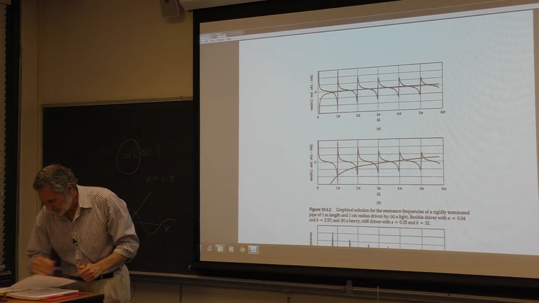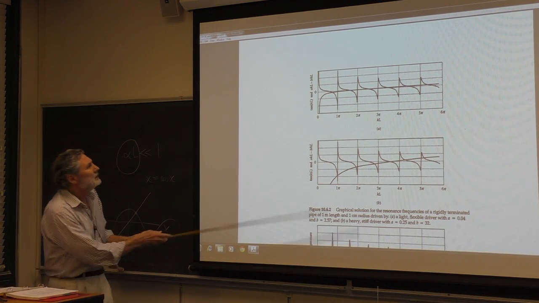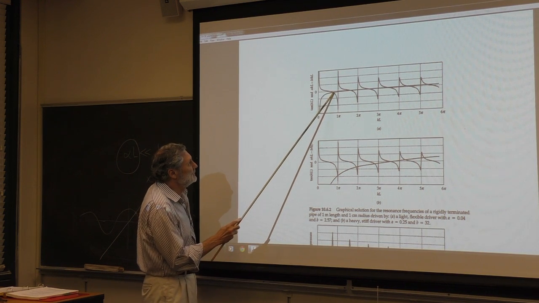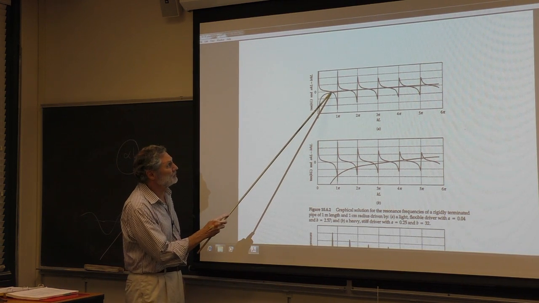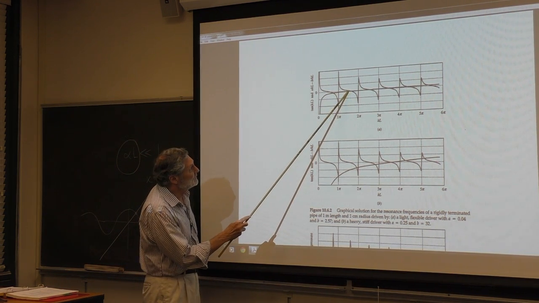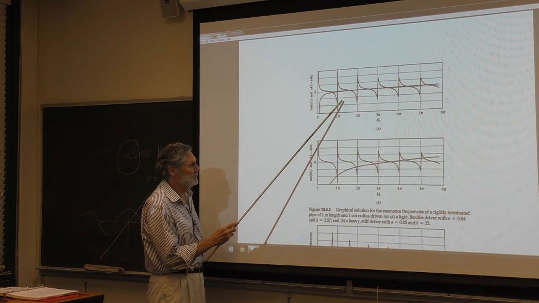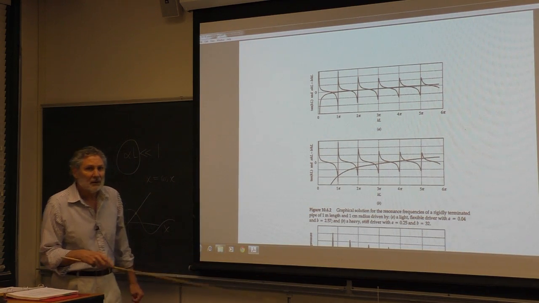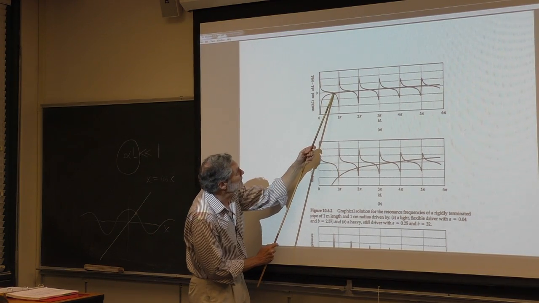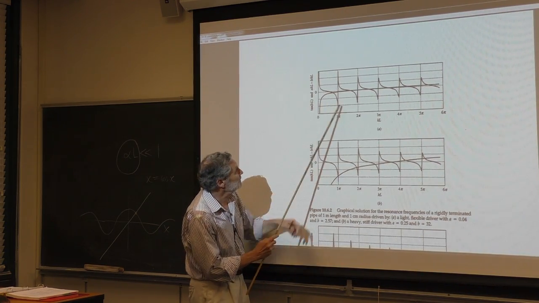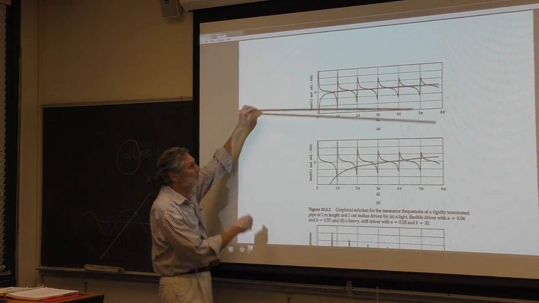Okay, let me make sure I'm not missing something here. All right. So if we look at the resonances, you'll see that approximately the resonances are at half integral multiples of pi, right? You can see that this is roughly halfway. This one's significantly off, but if you make the driver lighter or more flexible, this curve will hug the zero more closely, and this is going to come over here. In fact, you can see that the resonances are exactly half integral when we have the zero line